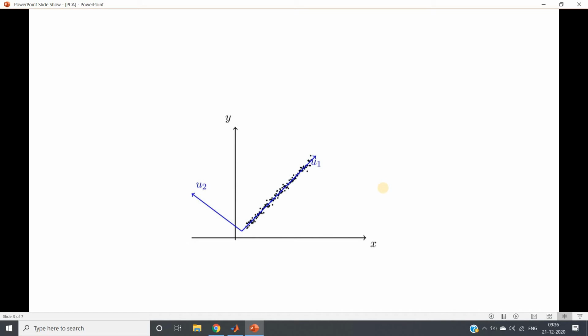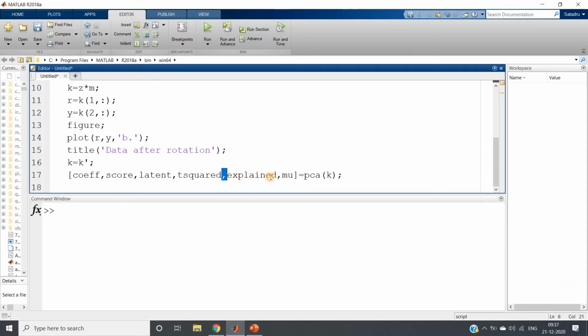So this is how principal component analysis is used to reduce the dimension, like here from two dimensions to one dimension. From my fundamental discussion on PCA, it is clear that we get the directions by considering the greatest variance of the projected data. One important thing is how much variance is happening along the different principal components, that is, how much variance each principal component is explaining. We get this information from the explained output.